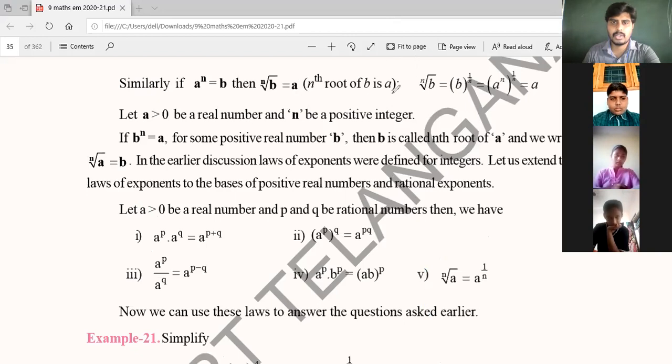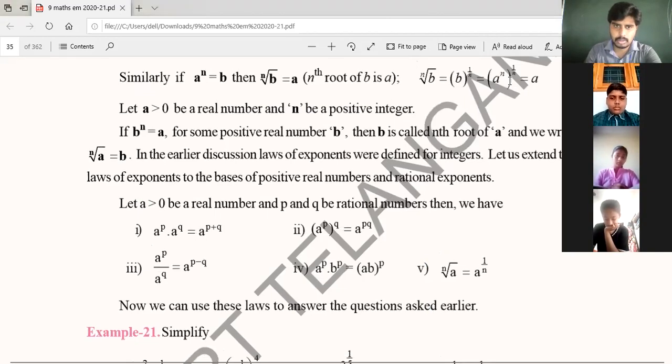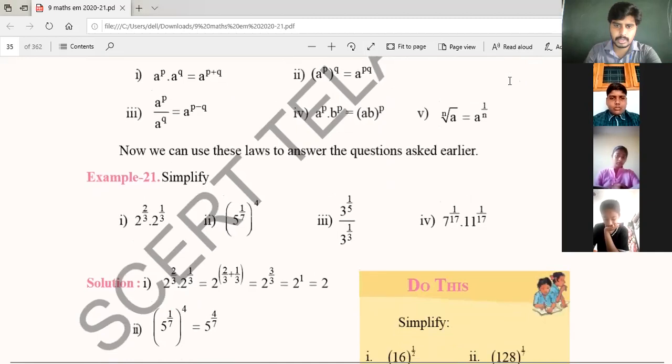We shall understand all these concepts by taking some examples now. Some people did not understand this. No problem, Nana. If we solve the problems, we can get the clarification.